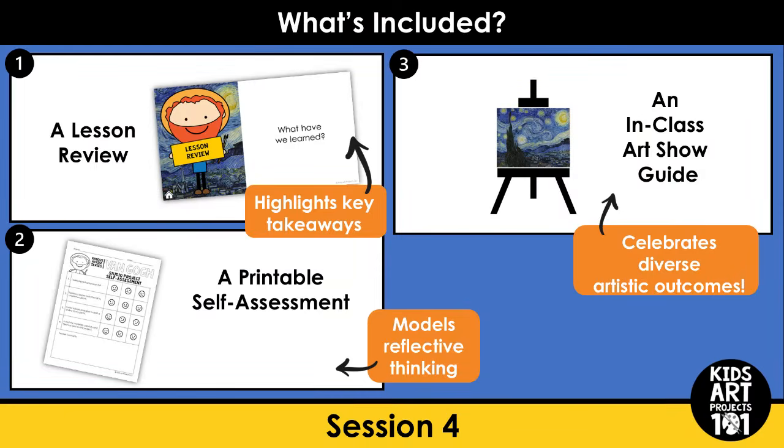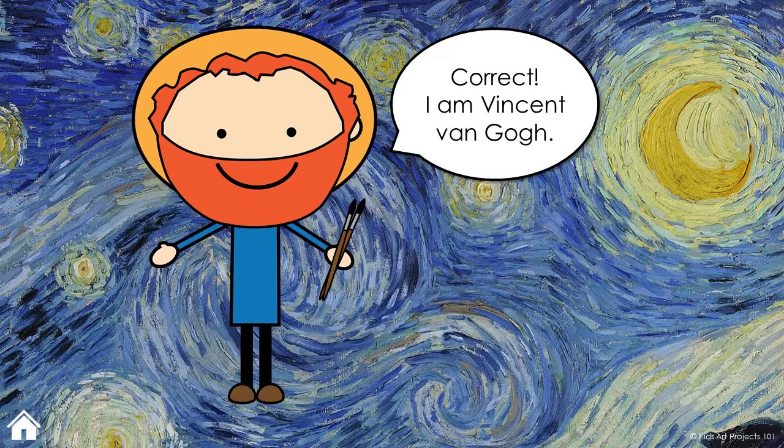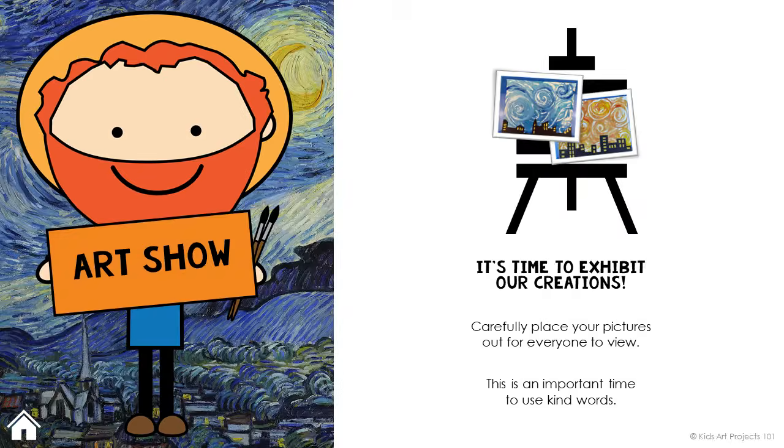And so the last session, the 4th session, is all about reviewing what they've learned so far. You offer a digital review, which is all scripted in the slideshow. You can throw in some blank slides if you're interested in adding your own details to that review. Then you're gonna have an art show where you basically encourage all the kids to spread out their work on a tabletop or on the floor, talk about what they see, talk about what they like, talk about what they don't like, talk about what they would do if they could try this over again,